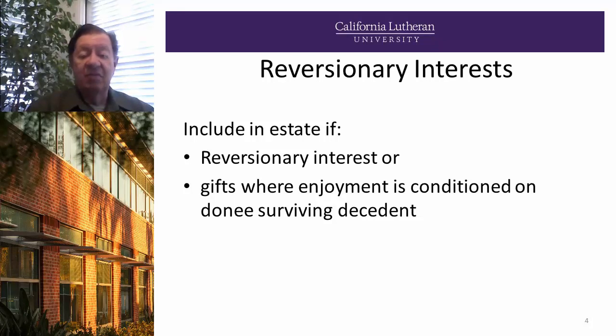So again, it might be that I have a car which I give to my daughter as long as she survives me. If she doesn't survive me, it goes to my son. That would be an example of surviving the decedent. I gave an example which would make it outside the estate, but if we want to make it so there could be an estate issue, I give my car to my daughter so long as she's alive when I die. That would be a very obvious one. That would be a reversionary interest because there's no other person listed as a reversionary taker, which I gave before as my son.